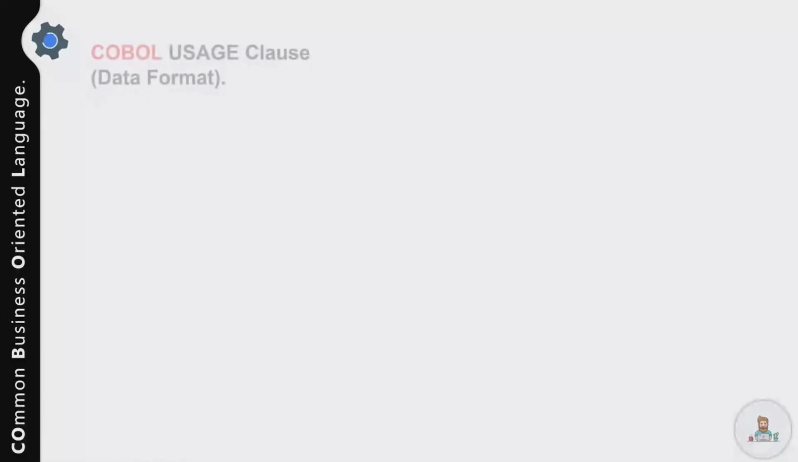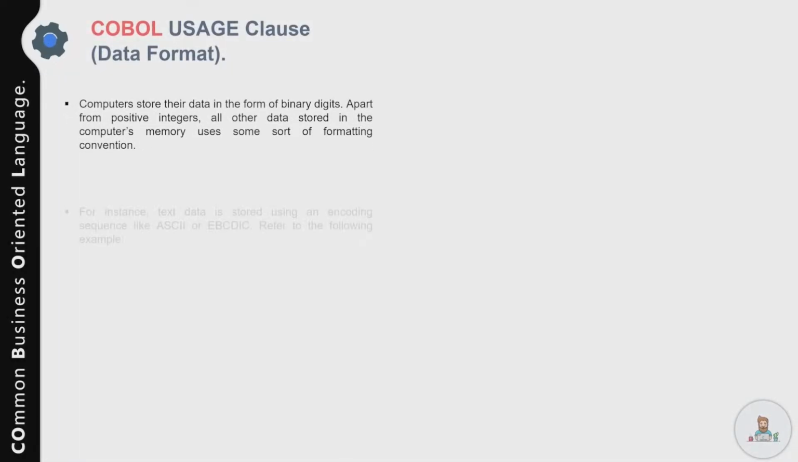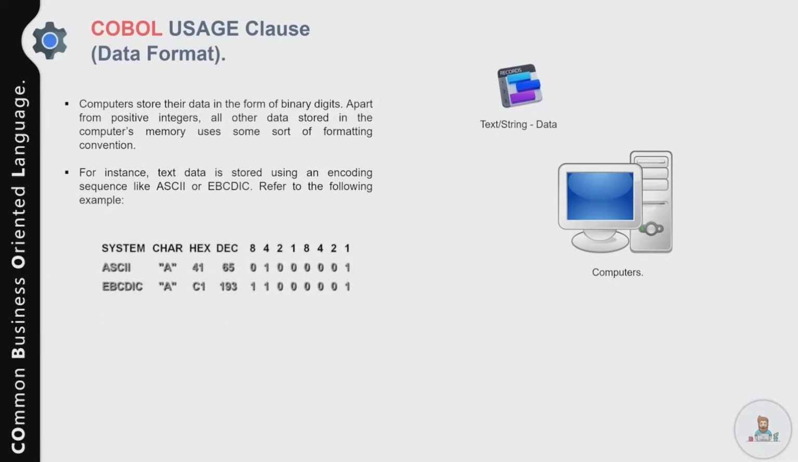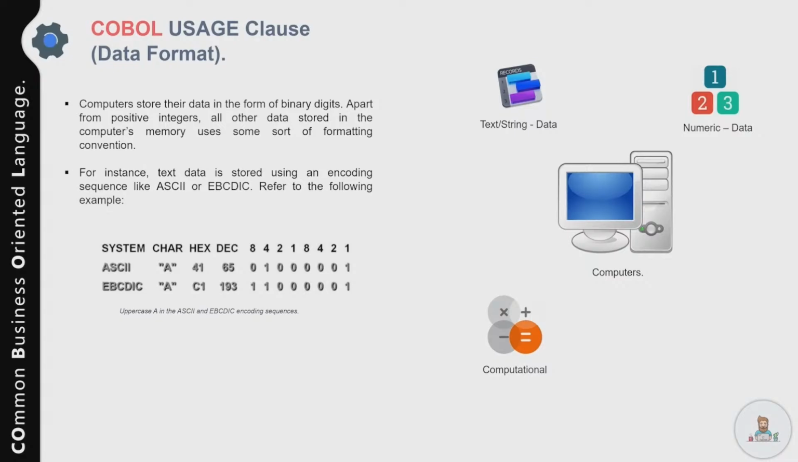Now let's talk about the usage clause. Computers store their data in the form of binary digits. Apart from the positive integers, all the other data stored in computer memory use some sort of formatting convention. For instance, text data is stored using an encoding sequence like ASCII or EBCDIC. Now you might be thinking, what is an encoding system? An encoding system is simply a convention that specifies that a particular set of bits represents a particular character. For instance, the following figure shows the bit configuration used to represent an uppercase A in the ASCII and EBCDIC